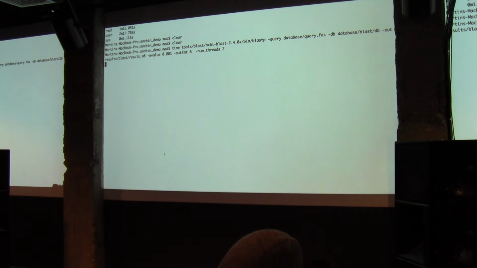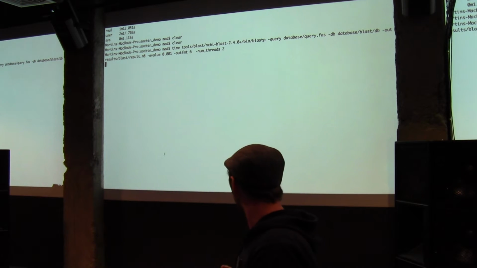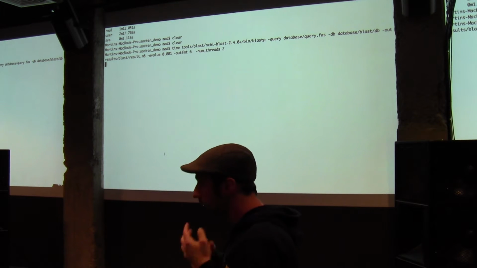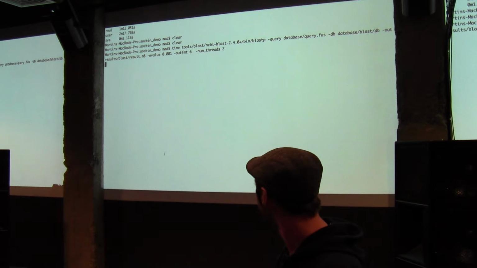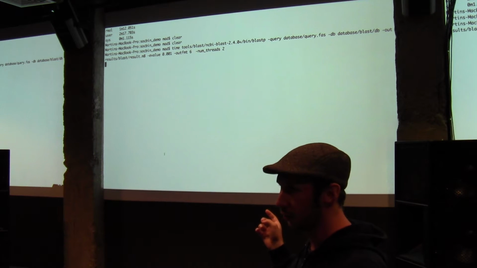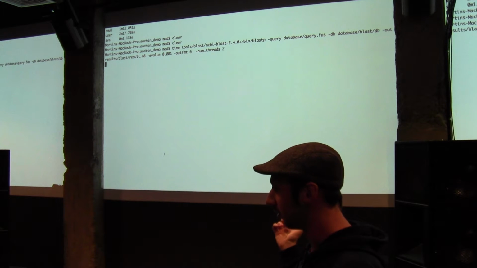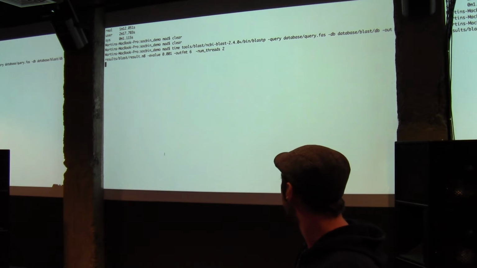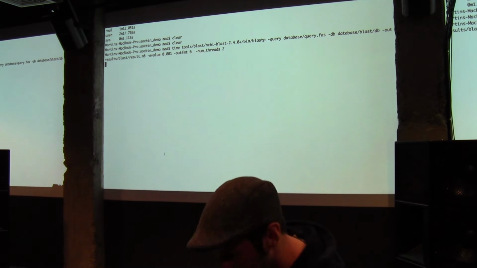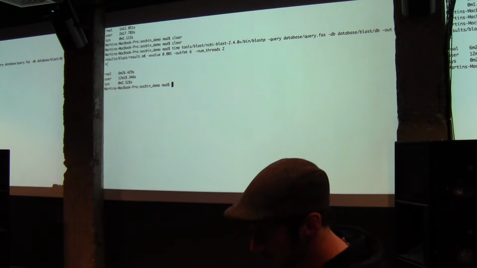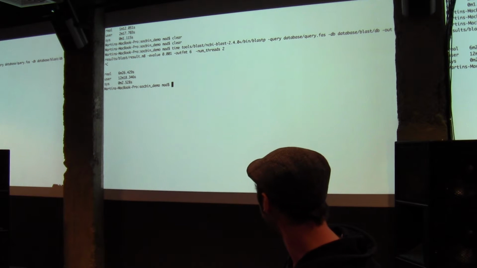I let BLAST run for like 2 hours once on my machine. In the meantime, I went to a lottery and came back, and I thought, oh, BLAST might be finished, but no, BLAST was not done. And so I estimated the time that BLAST would need for this kind of analysis, and it would be 15 hours, while MMseqs is now roughly around 30 seconds, something like this, on my local machine.